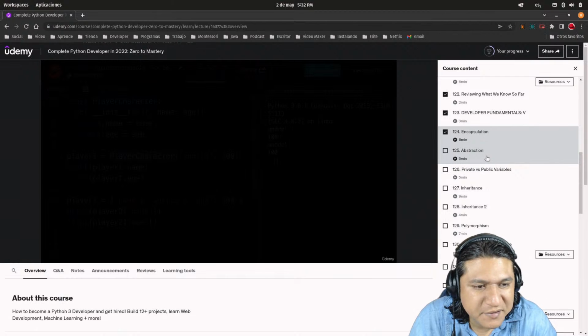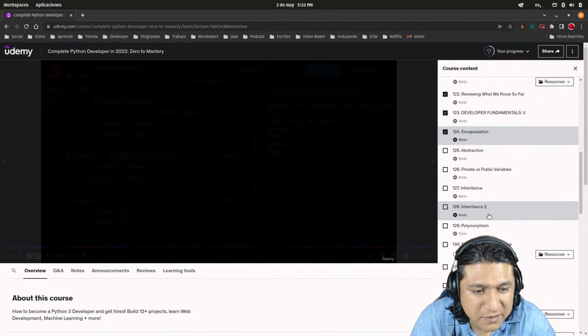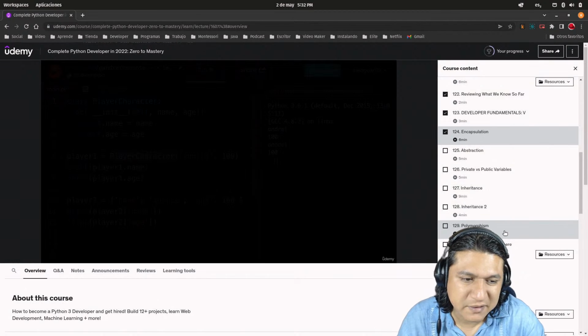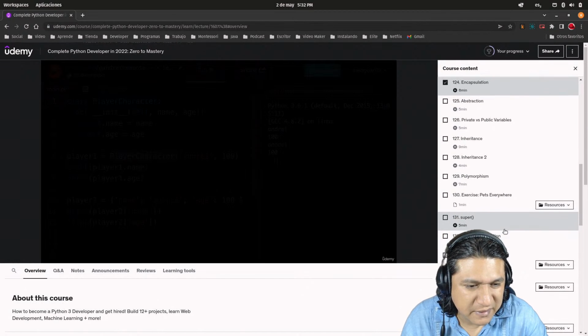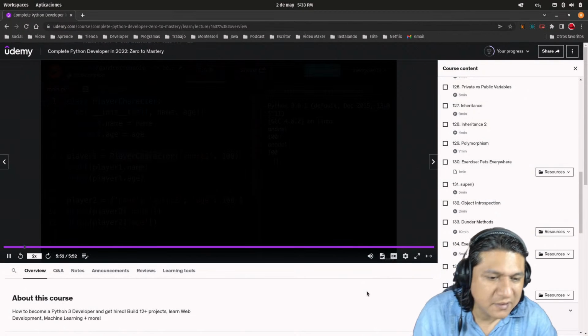Encapsulation, abstraction, private versus public variables. This is the important one. Inheritance, this is going to be a big one. Polymorphism, overwriting methods, you know. And that's it. The super keyword, just like in Java, object introspection, I don't know what that is. Thunder method, I don't know what that is. Okay,